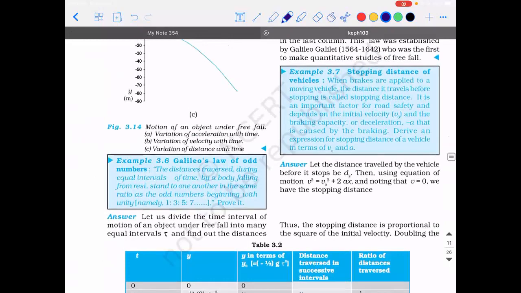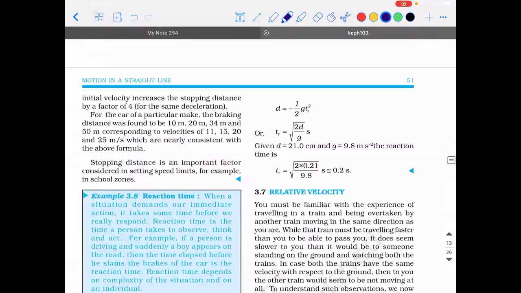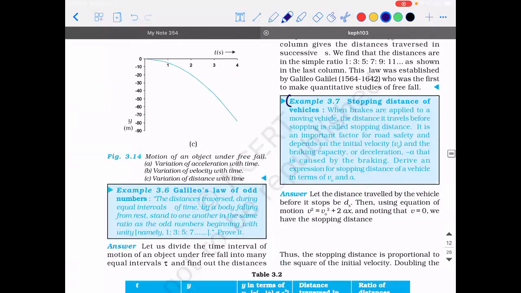So I will do a problem which is based on the stopping distance. So 3.7, let's do it. Okay. So when brakes are applied to a moving vehicle, the distance it travels before stopping is what we call stopping distance. Basically, the word itself is telling us the whole meaning of it, right? Stopping distance. So it is an important factor for road safety and depends on the initial velocity and the braking